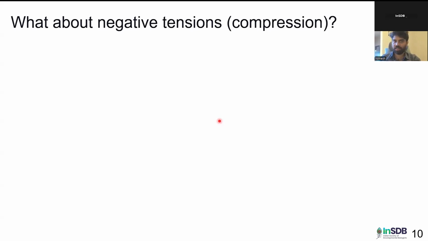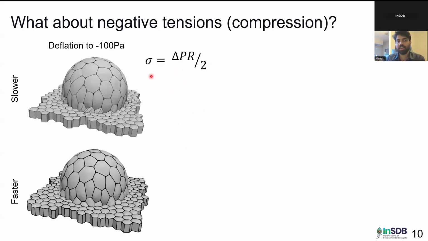And Laplace's law came to our help. Laplace's law is basically the product of pressure and radius of curvature. So we thought if we could just flip the sign of this pressure and make it negative, we could have negative tension. So we decided to try this out in simulations where we deflated